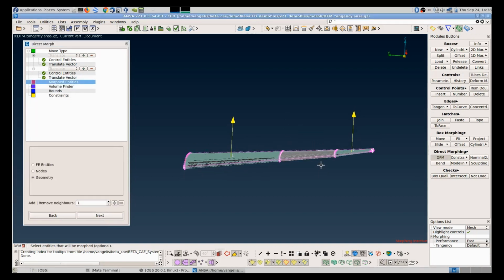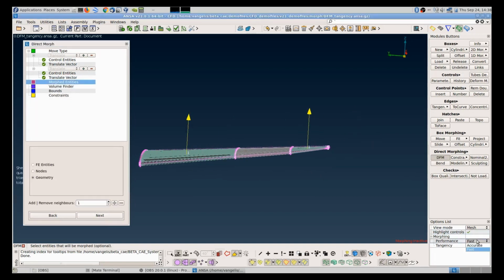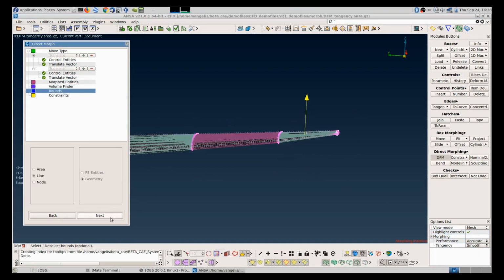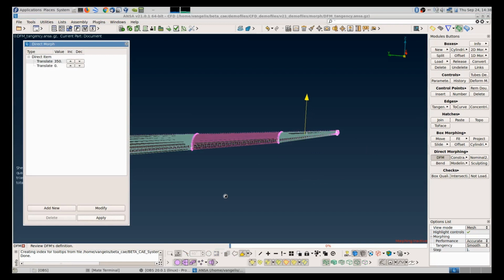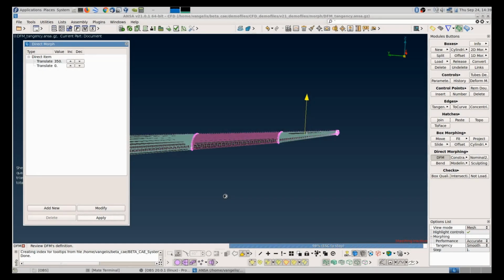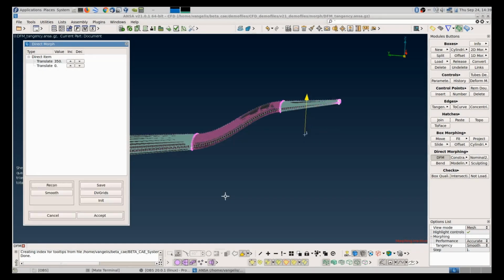And this will get deformed. And we'll switch directly to accurate and smooth. And we will obtain continuity of tangency on both sides. Like that.